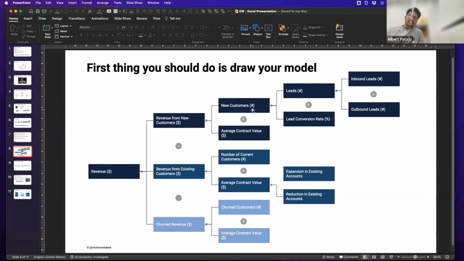So if you've got a new customer every month and they're bringing in $100, then your revenue from new customers per month is $100. You might just stop there, but an investor might ask, how do you get new customers? And so you can keep pulling that thread: new customers is the number of leads that you or your sales team generate, times your conversion rate. And then you can keep pulling that thread once again: the number of leads is really a combination of inbound and outbound. You can keep building that out as a funnel, but I've just stopped there.